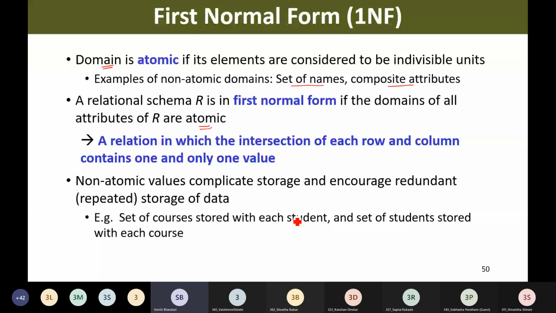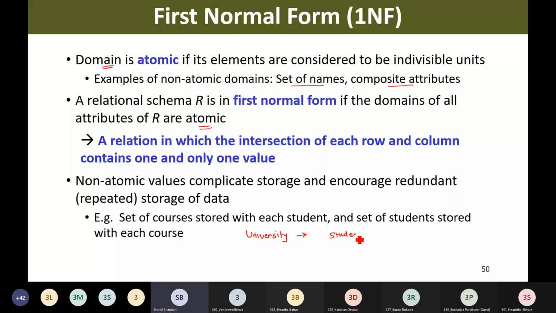Say for example, in our university database, we are having students, and students are opting for several courses. Now, if I store this information, I am having student ID,